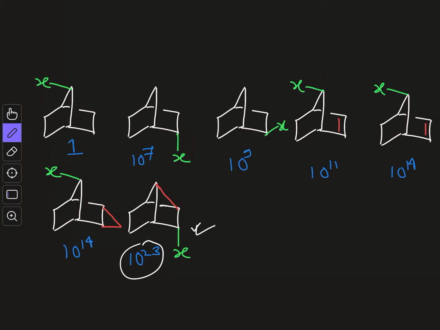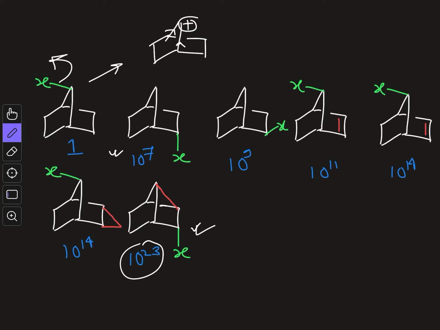Now we will look into the structural features of all these compounds and try to understand how this variation of rate comes about. In the first one, you can see it is a simple compound where if this X goes, you will get a carbocation which will look like this one, a simple secondary carbocation which has the usual stability from the inductive effect of this group and nothing more. So this is a simple system, but what is the case of this one?